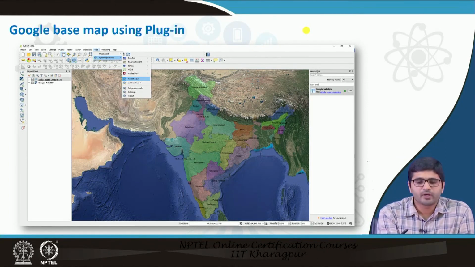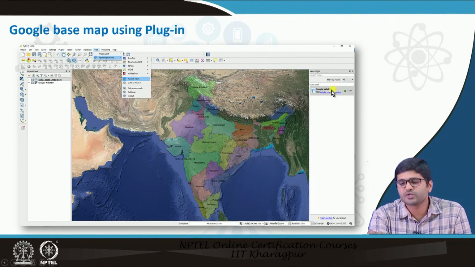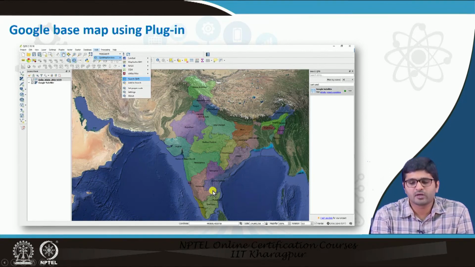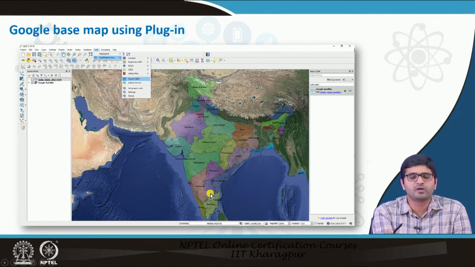And the Google satellite map, which I mentioned earlier as a base map, here I have added. You just need to go to Web, QuickMapServices, and press on Search QMS service. Here you just need to search Google Satellite as a base layer. If you already have a layer appearing on the screen, the Google Maps will come behind that. If you change the properties or appearance, you can go to any zoom level and see it like you do in Google Earth.